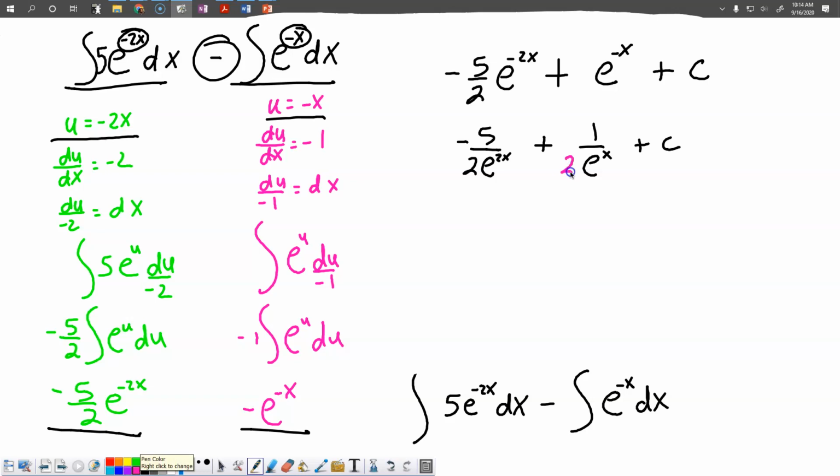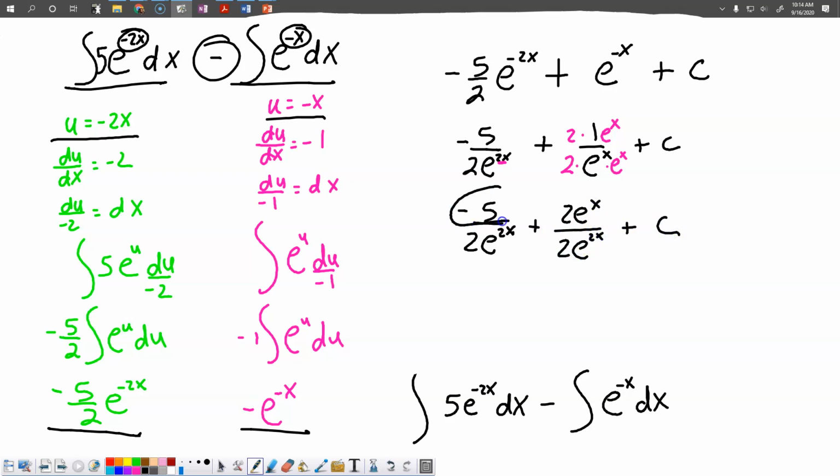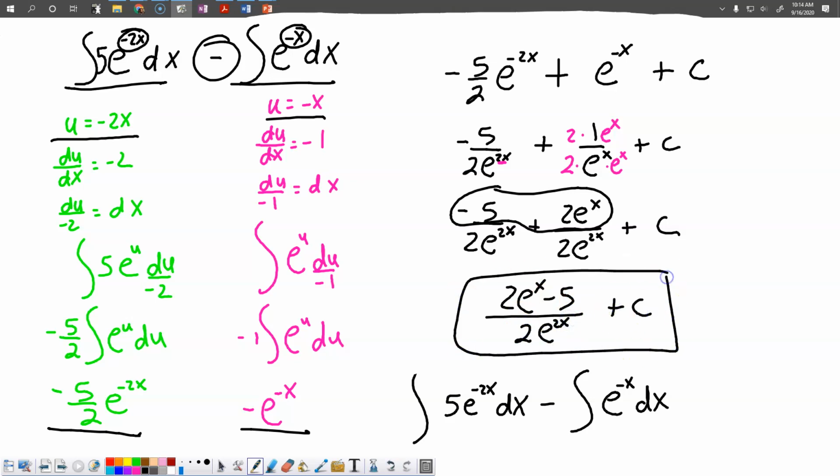So we're going to multiply the top and bottom by 2, and I want e to the 2x. Now that means this thing here is being multiplied by another e to the x. Okay, so if I do that, we get a common denominator now. And then we're going to go ahead and combine the numerators. So, I mean, you don't have to do all this necessarily, but hey, can't hurt to review a little bit